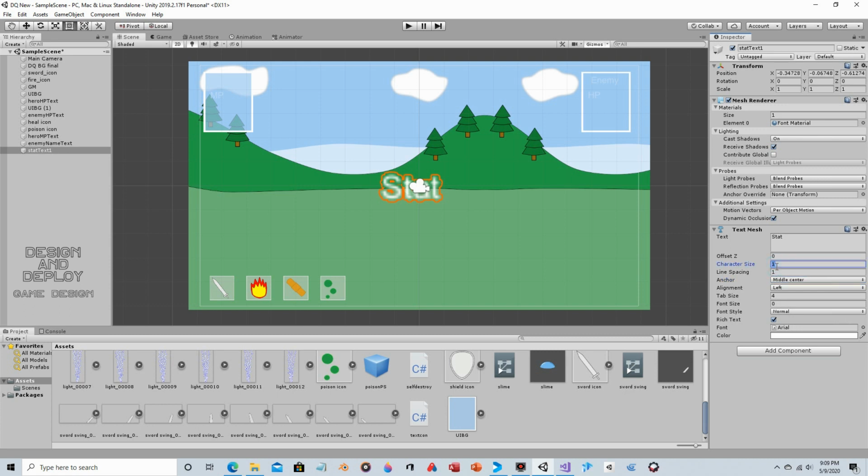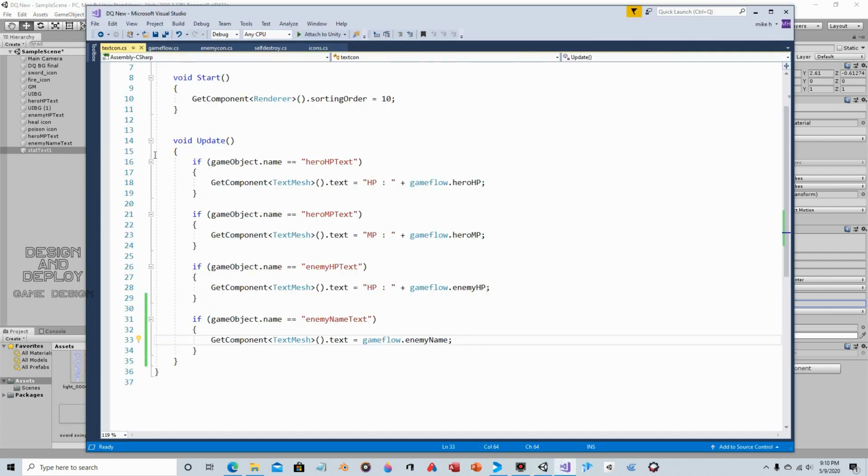So let's change character size again to 0.2. Font size again to 18. And this time we'll put it down towards the bottom. And again, it needs TextCon. Now, we are already tracking whether or not the enemy is poisoned, so we should be able to base it off of that. So let's again go to our scripts, and what we can do is in the update section,